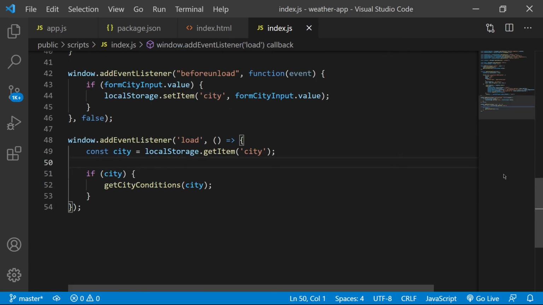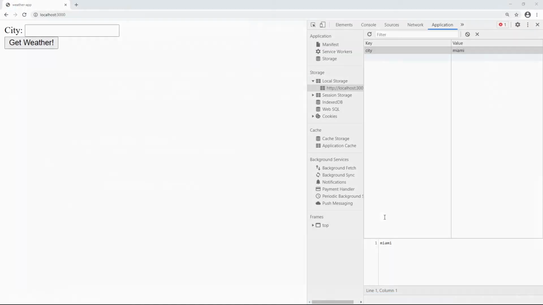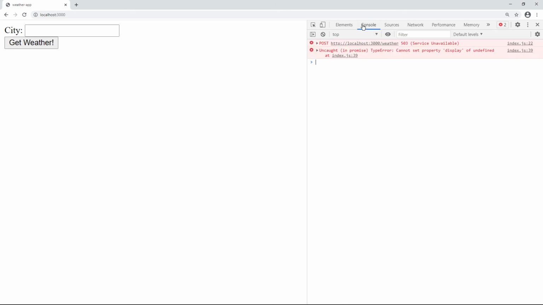Okay, so let's go back to our code here. Let's see what we got. So if I refresh here, cannot set property display of undefined, service unavailable.